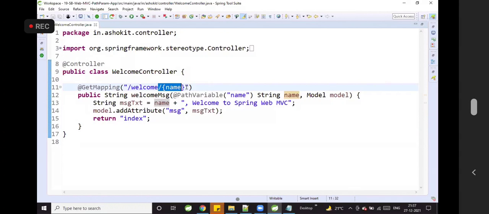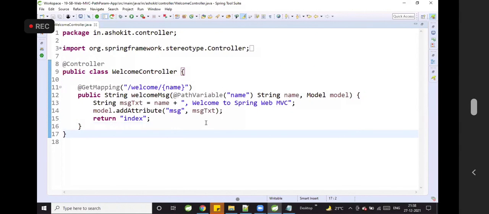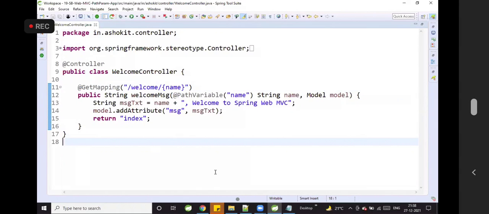If I don't give this, then it cannot understand that there is a path parameter. URL mapping is very important when you go for path parameters, but in query parameters that is not required. Why? Query parameters work with keys; based on the key name, they identify the value. Path parameters work based on the index, the position in which location that path parameter will be available in the URL. So if you want to represent a path parameter in the URL, you have to specify the template for that.